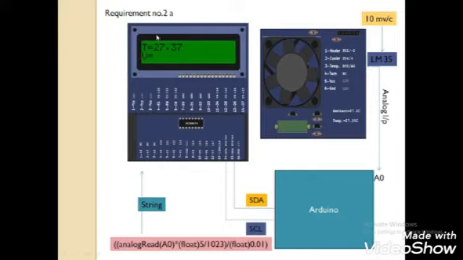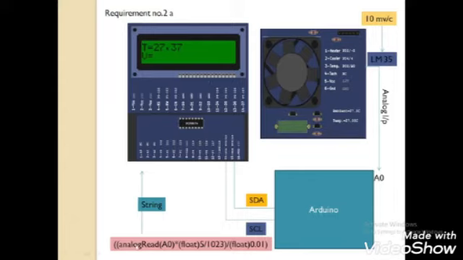So the requirement number 2: this is 10 millivolt per degree Celsius, that will be changing the LM35's value, which we are giving to the Arduino Uno from analog input A0, and this Arduino is connected via SDA and SCL to this I2C interface, and we will be displaying the temperature values coming from this LM35 sensor.